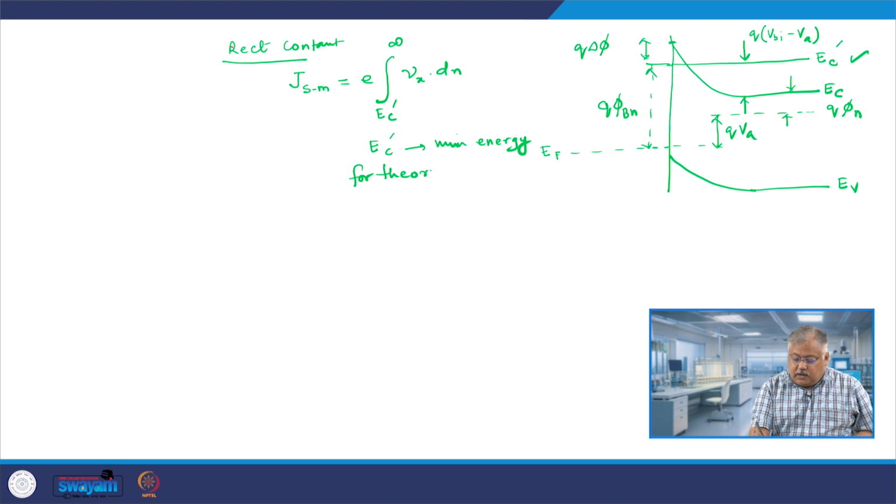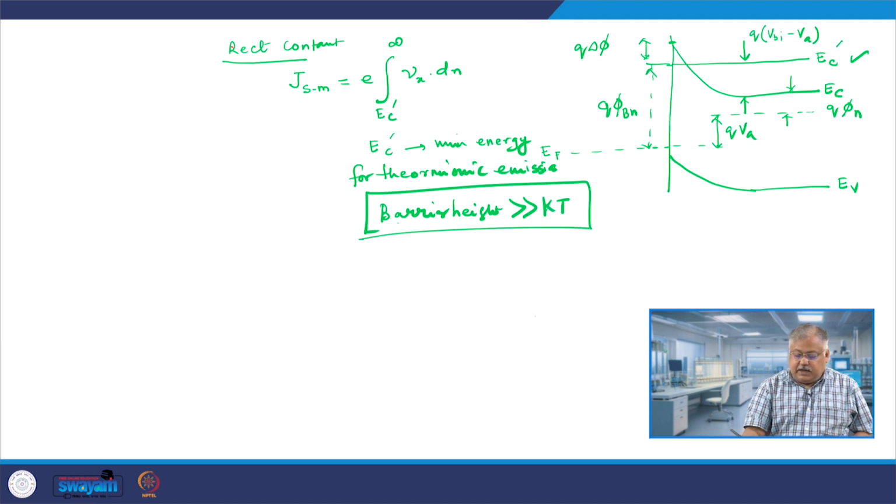So, what we are applying is thermionic emission. What we are trying to say here is that when the barrier height is much larger than kT,